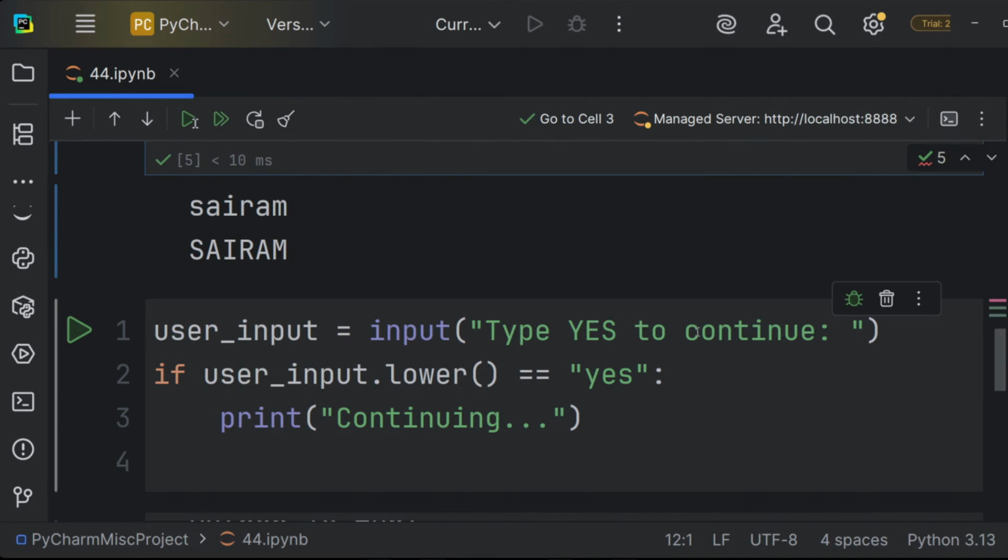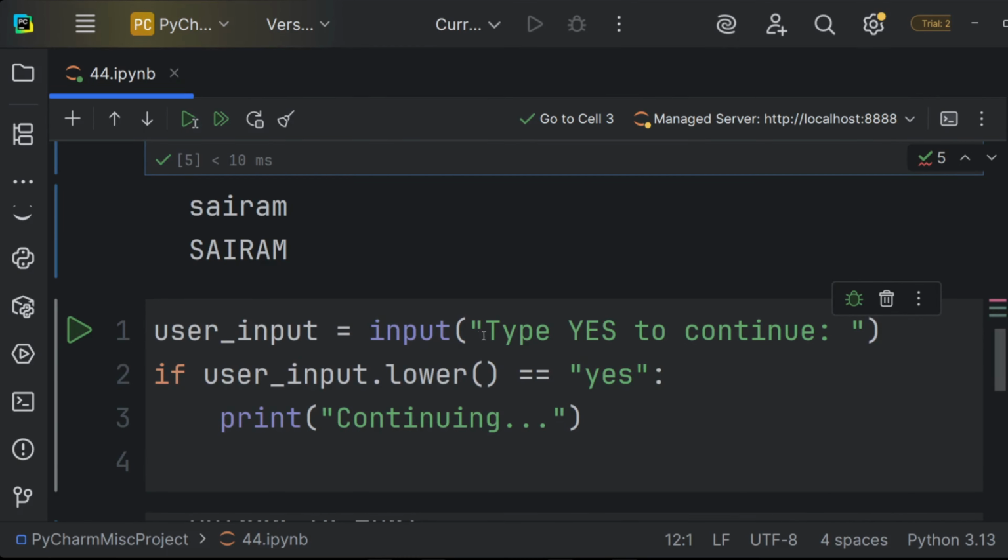Now, if the user were to type yes with capital letters, yes with small letters, yes with capital letters mixed with small letters, as we said before, the computer will get confused. But how can you normalize both sides of the comparison so you prevent errors caused by the casing? This is why we use the .lower or .upper function.